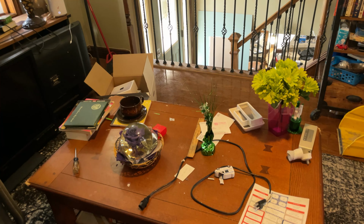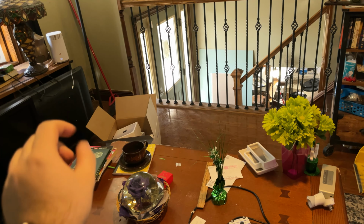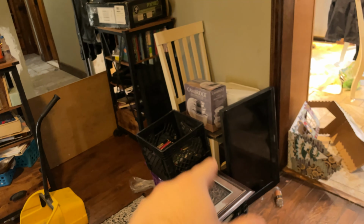So we got the bulk of it done. Compared to what it looked like before, this is so much better. That's going in the attic. That's going on one of these bookcases once we have that stuff moved, which that's also going in the attic. The bulk of what's left is going up in the attic,